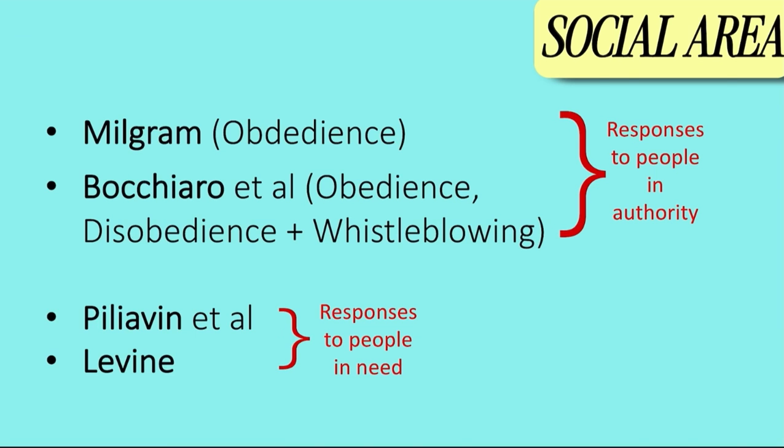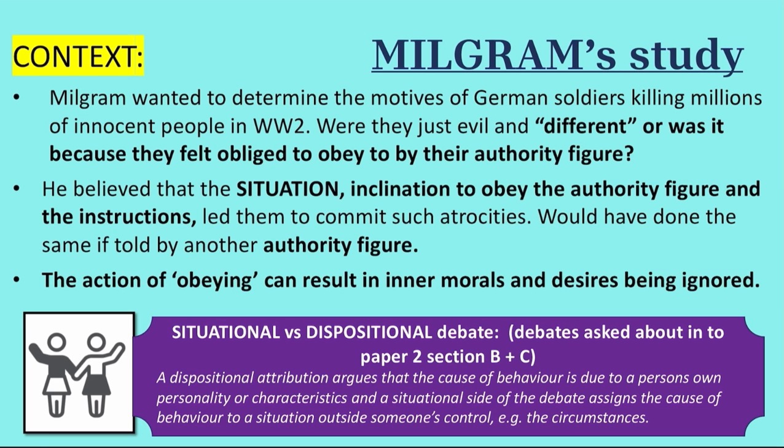But for now, let's talk about Milgram's study. So Milgram wanted to determine the motives of German soldiers killing millions of innocent people. Was it because they were inherently evil, or did they just want to obey the authority figures such as their commanders? Milgram inherently believed that the situation and the inclination to obey the authority figure was something that led them